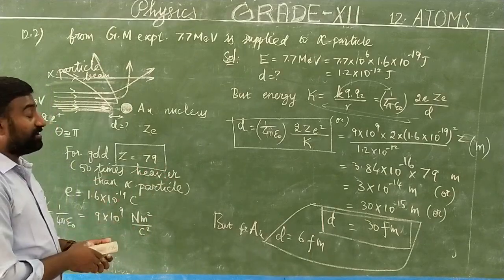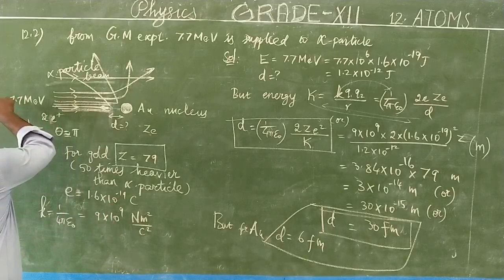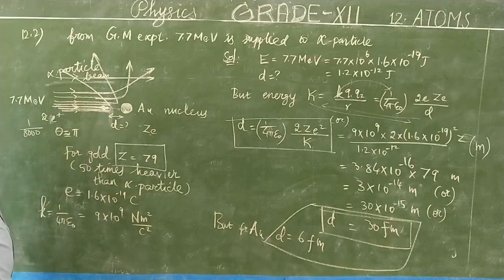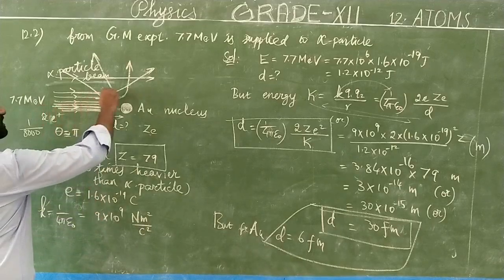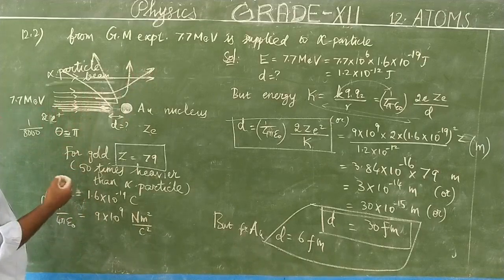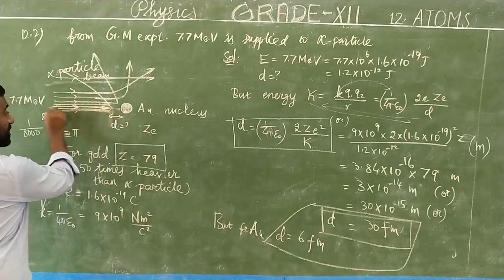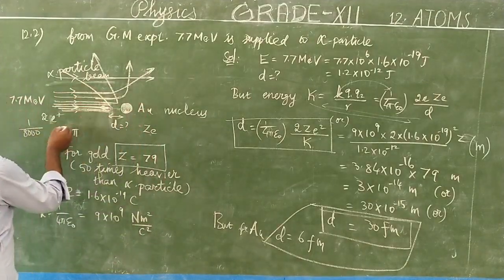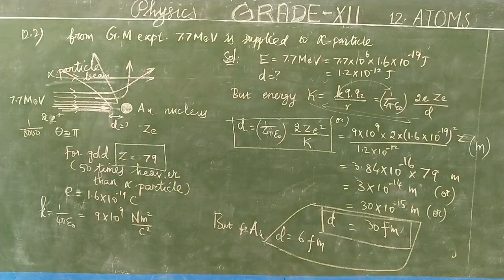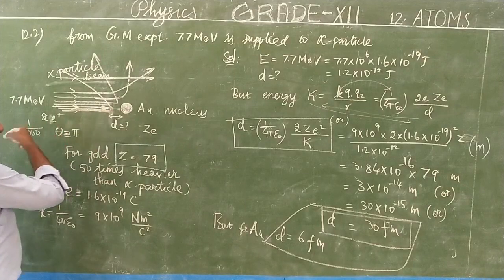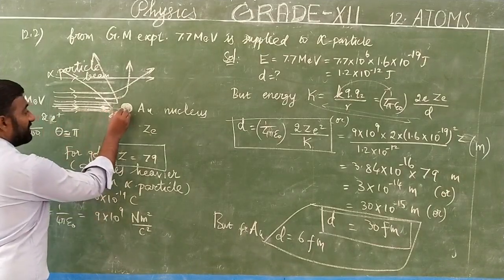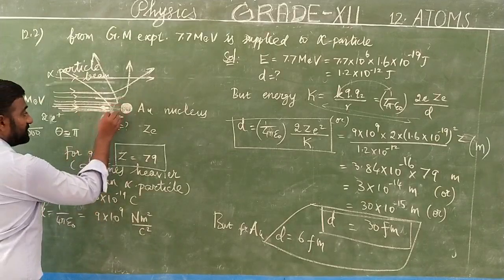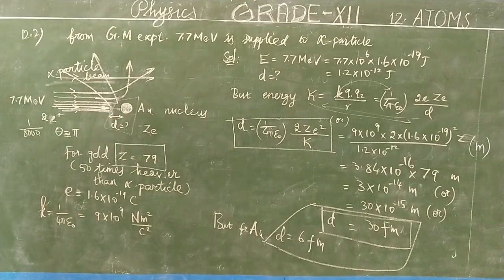So once again I repeat how to solve the question. From the experiment, the alpha particles have energy which is used to strike the gold nucleus. From the conclusions, Rutherford said that most of the alpha particle beams pass through with small angles. Only a few alpha particles undergo head-on collisions. Out of 8,000, only one particle is found at that angle. So how much distance is left from the alpha particle center to the center of the gold nucleus? This distance is called the distance of closest approach that we want to determine.